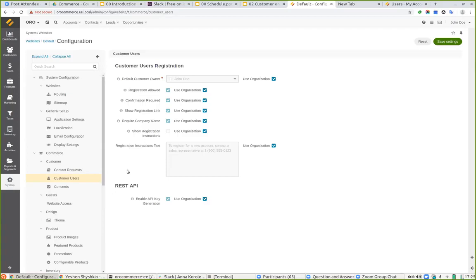Okay, so what do we have here? Here we have default customer owner. So this is an association with the backend user. In other words, it is the owner of this customer user on the management console side. If you're not sure who it should be, just keep the default administrator, and then the administrator will be able to handle it properly. Whether registration is allowed, so whether you want to not allow users to register for this website,